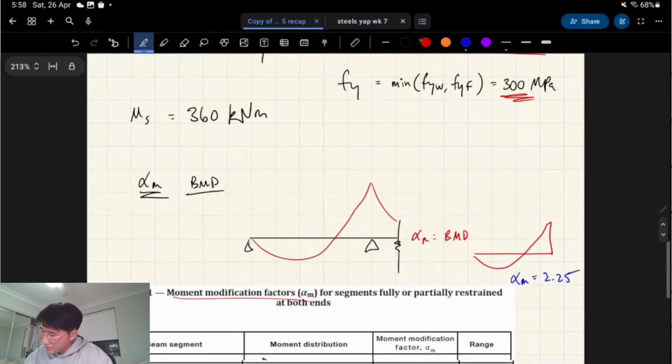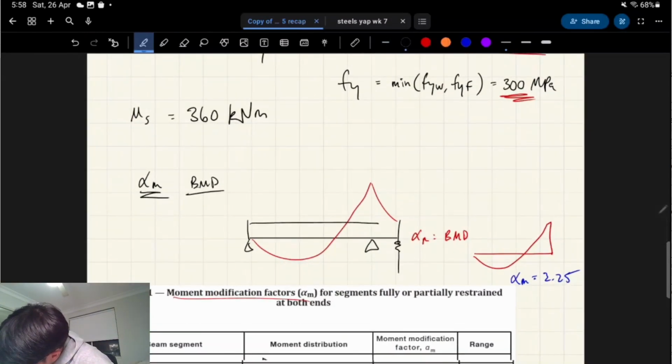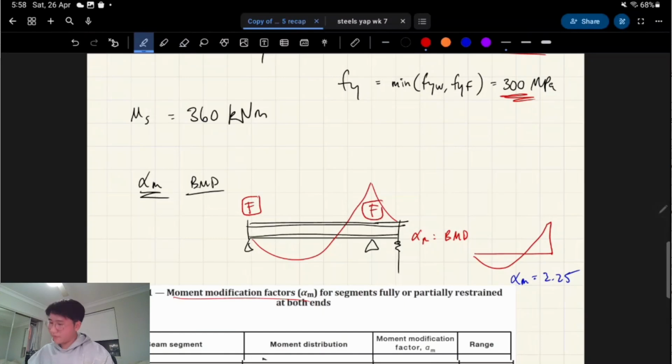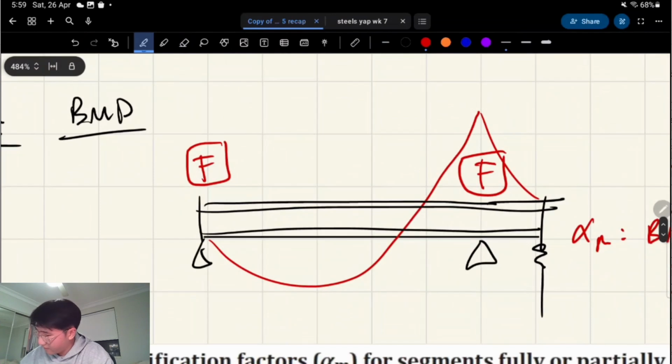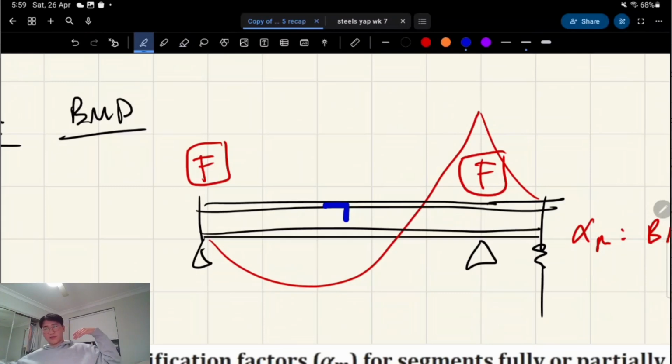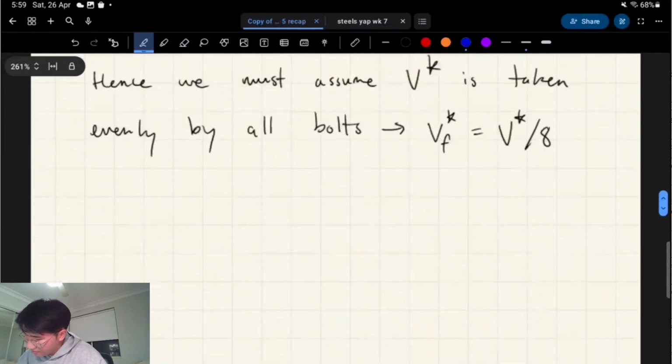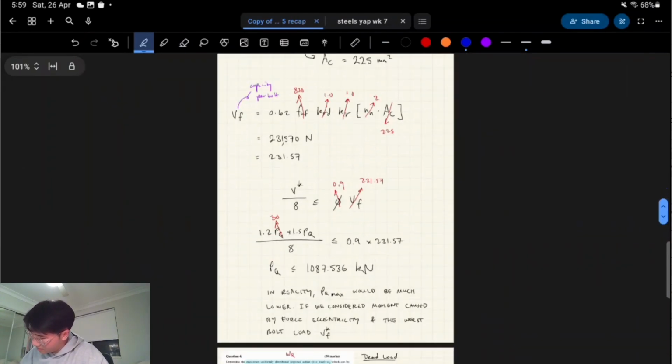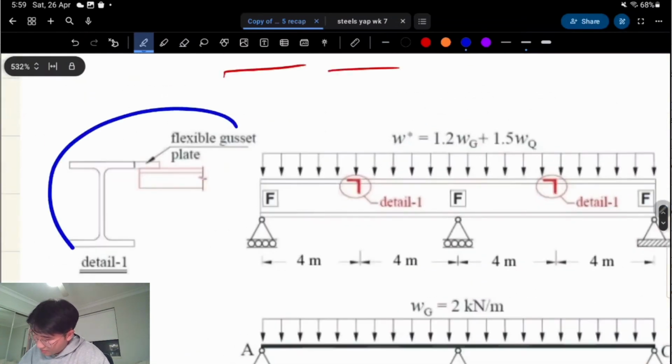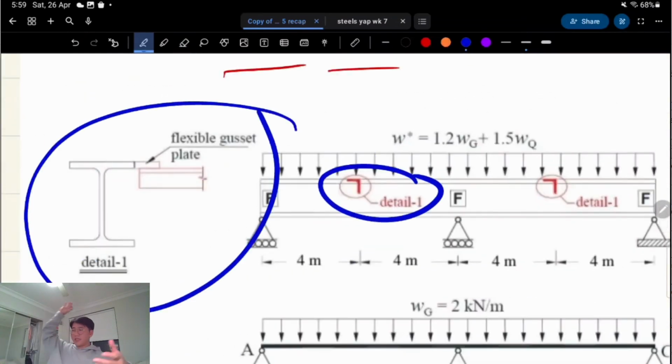So alpha m, remember this beam had full lateral restraints at the supports, and the symmetry on the other side. So the same thing will happen for the other span. The thing is, it had a detail which looked like this, I believe. Which is an equal angle restraining the top flange. Let me just show you. There was an equal angle. Here we go. Detail 1. There's an equal angle attached to a flexible gusset plate, which restrains the top flange from lateral movement,